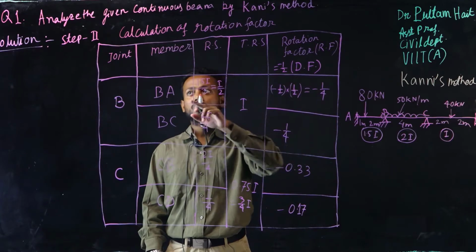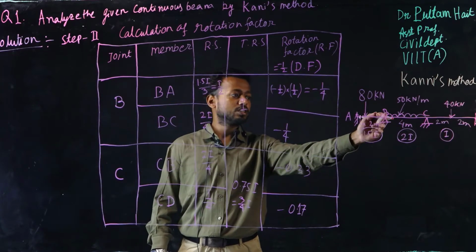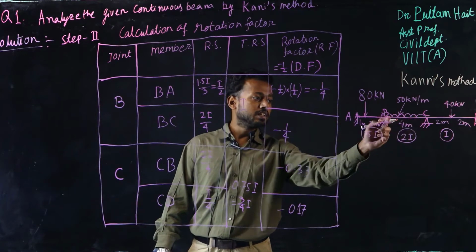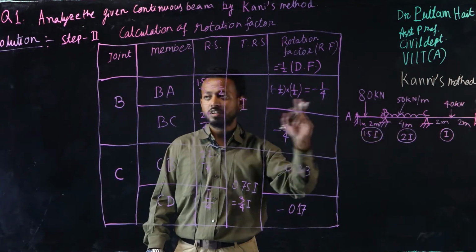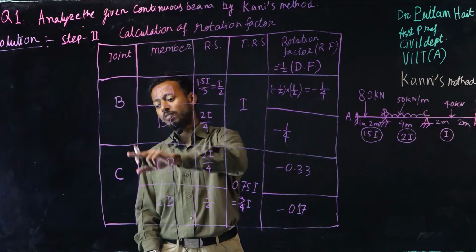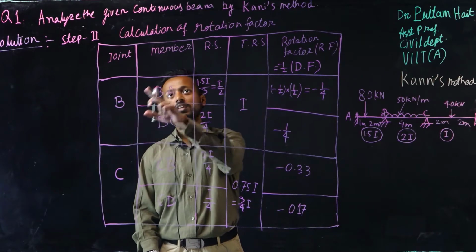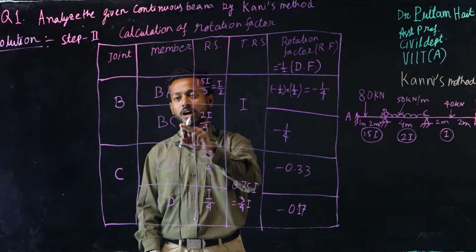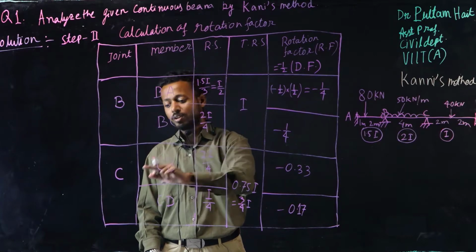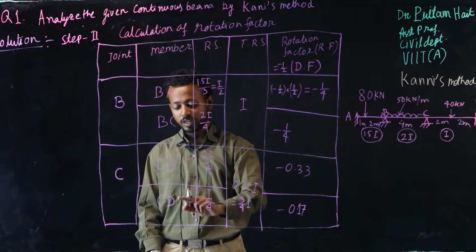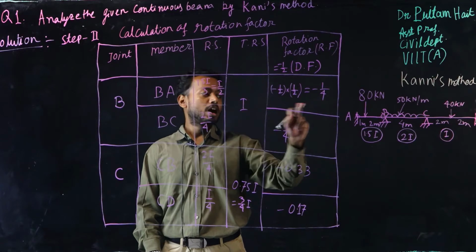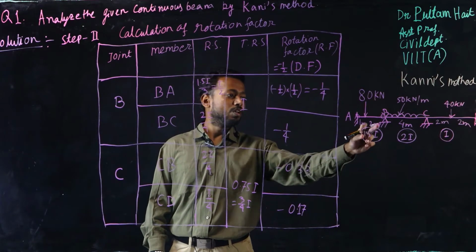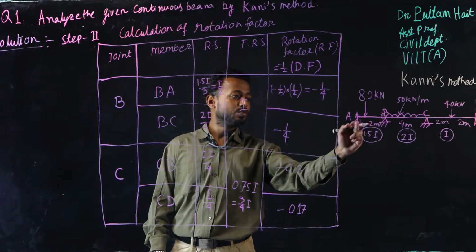Okay, so first we have two joints, joint B and joint C. We will consider only the intermediate joints. So I wrote in the joint column B and C. With B I have two members, BA and BC. With C I have two members, CB and CD, right? So relative stiffness equals I by L. Since all the joints,